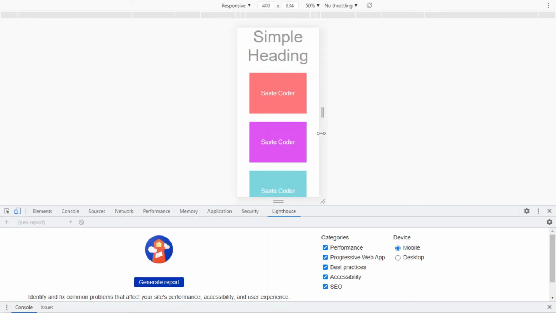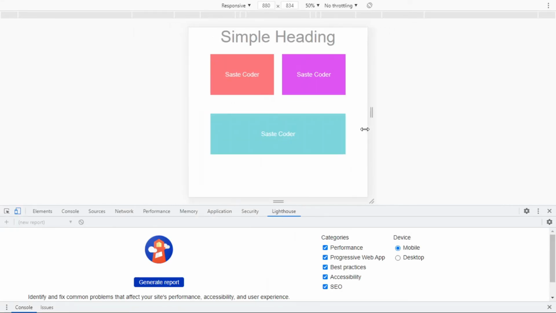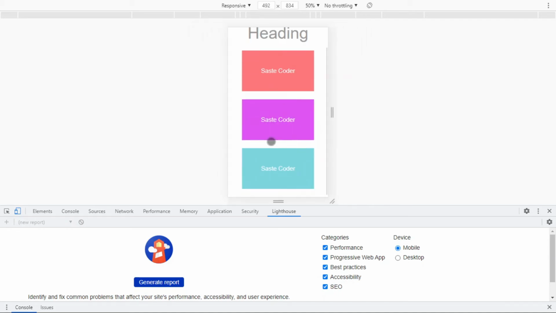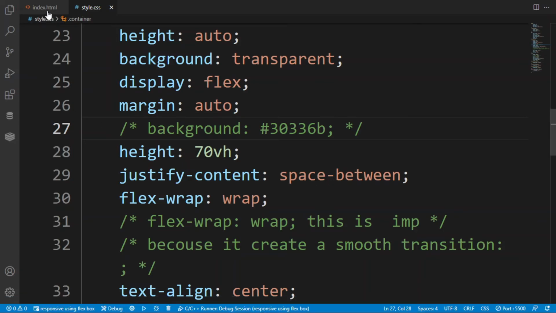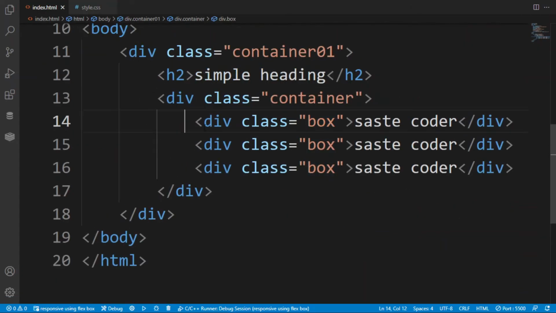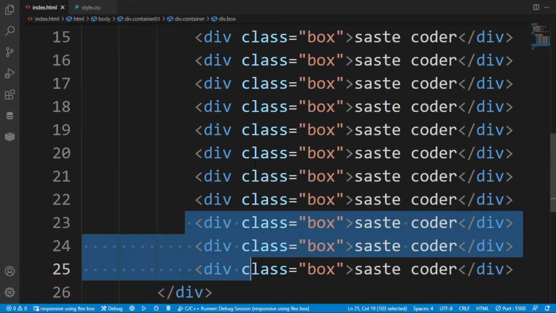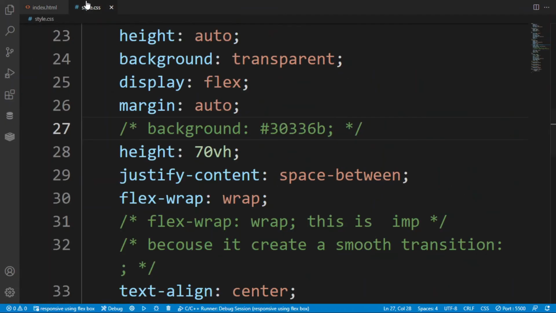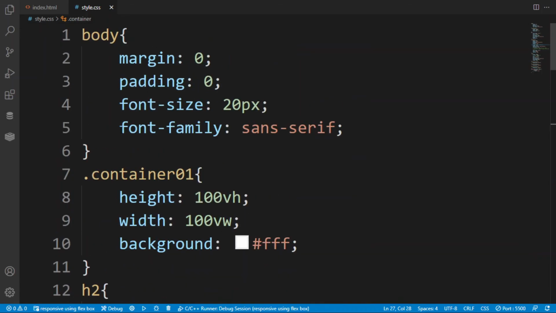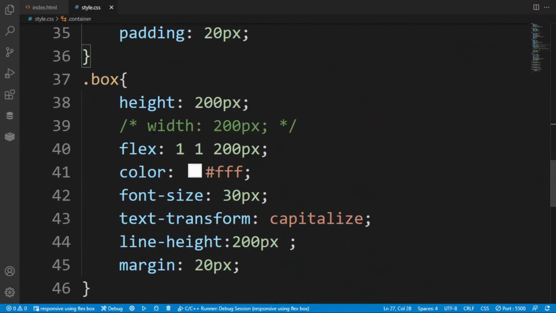So after inspecting, as you can see, these three divs with equal heights are matching the responsive layout that we wanted initially. Now I am trying to create more divs like this, but they have no background. So for this we have to create their background also.